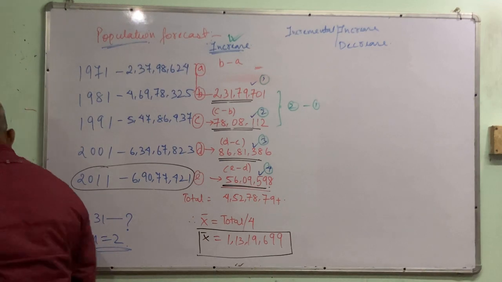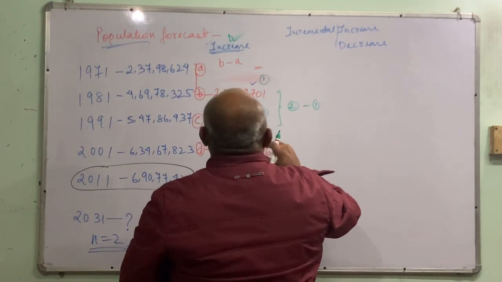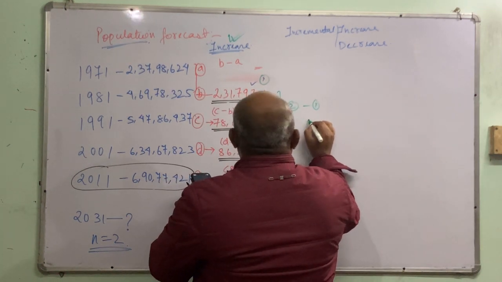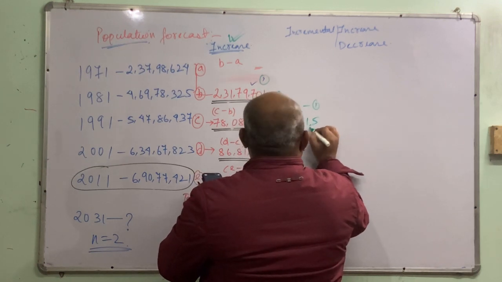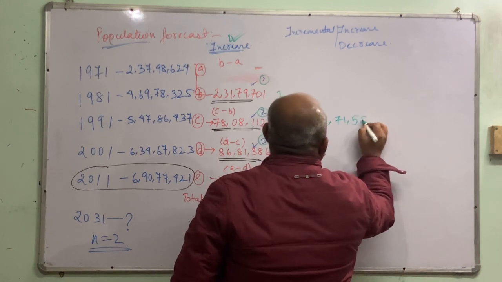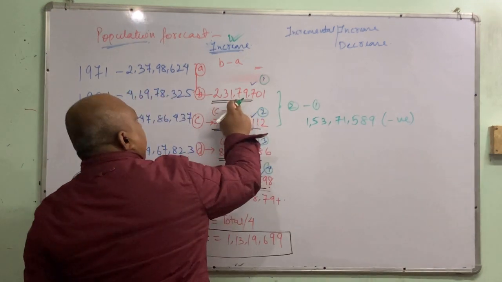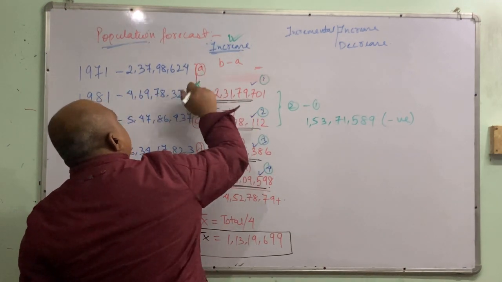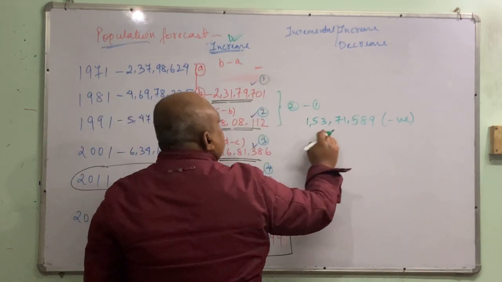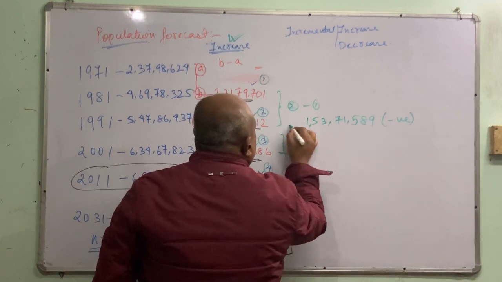Correct. So 2 minus 1, since this is bigger, we are multiplying it. So 231, what we got is 153,71,589, and this happens to be a negative value. Okay, because this is higher. The increase in population in the first decade is very high. However, it is decreased. So this minus this becomes negative. Mind that. And in this part, you please write at the bottom again